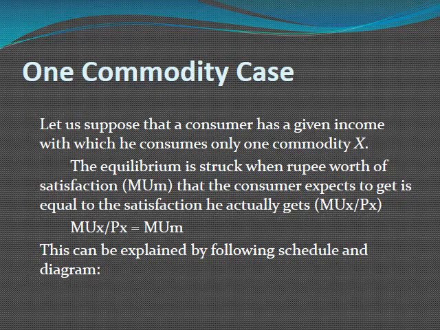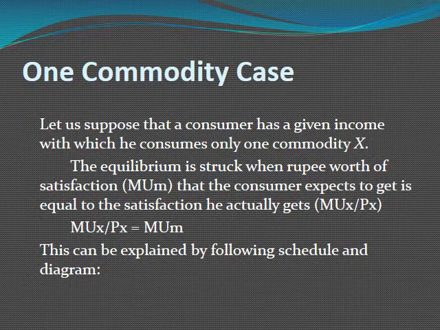In the one commodity case, let us assume that a consumer has a given income and is consuming only one commodity, say commodity X. Equilibrium, that is the state of balance, is struck when the rupee worth of satisfaction, that is the marginal utility of money,